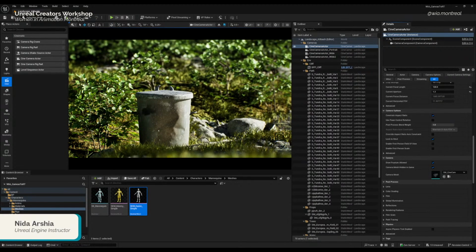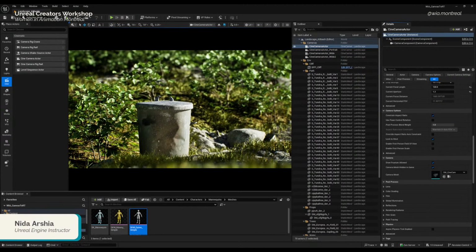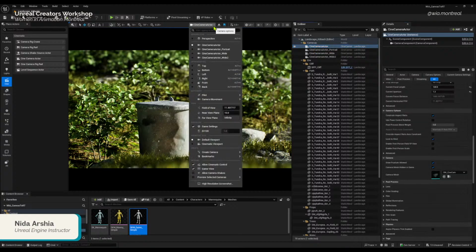I'll show you a good way to share the screenshot that's going to give you a better quality render. So for that, we are going to select this drop down menu, and in the bottom of this menu, this is the perspective camera mode where we have all the other cameras.